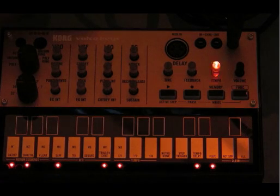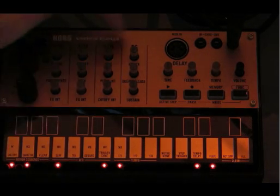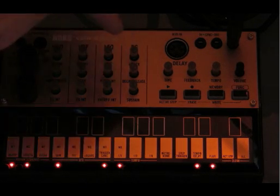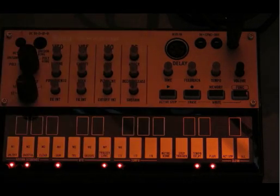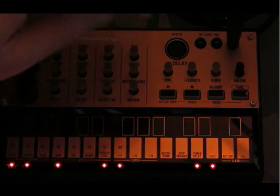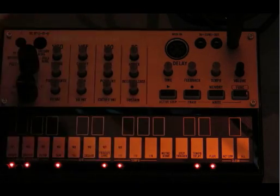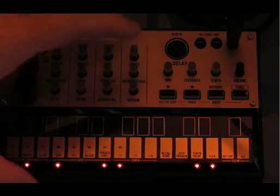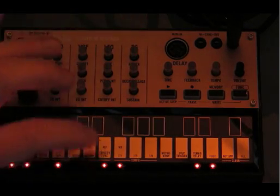The envelope generator, this I suppose would be my biggest problem with this unit. The envelope generator, again, by default, goes to the amplitude. There's nothing you can do about it. You cannot adjust, you cannot unlock the envelope generator from the amplitude. It's always going to be what